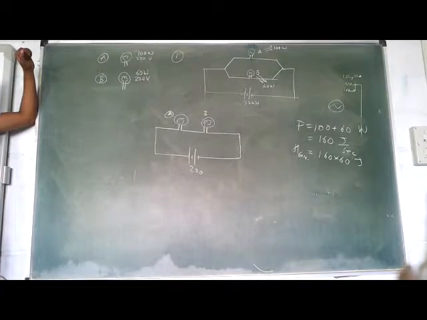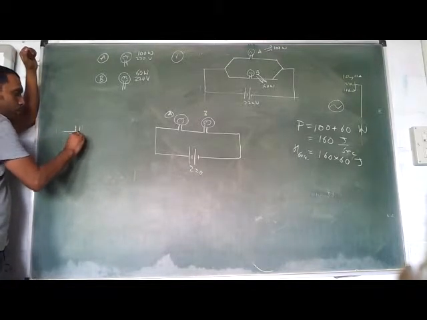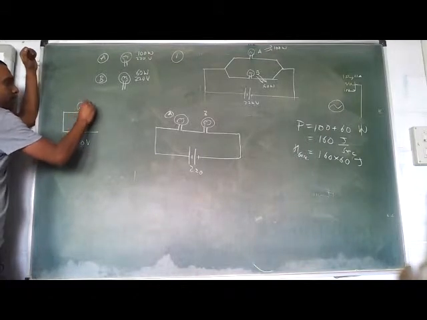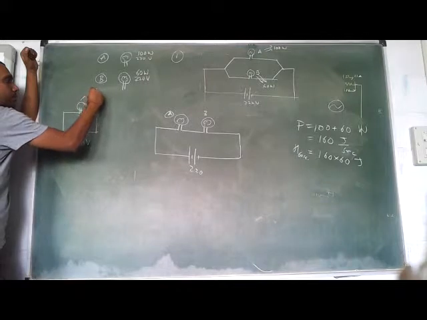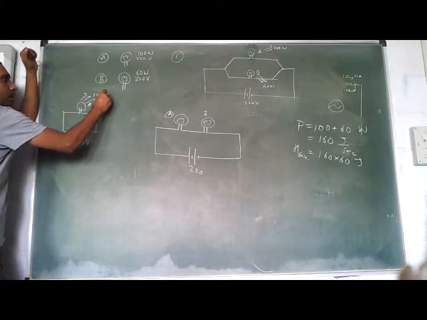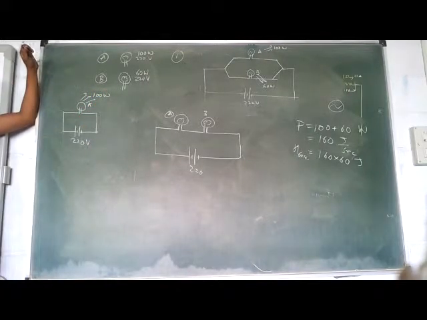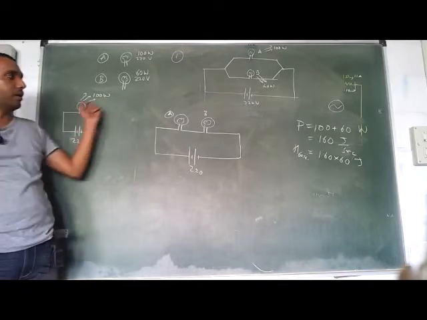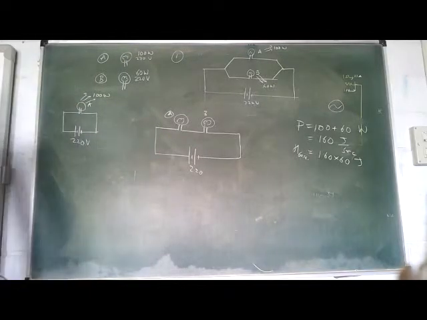What does it mean? That if you have a 220 volt supply and you put this bulb A, it will give out how much? 100 watts. That is the meaning, or not? Using these figures, I can find out the resistance of this bulb. Now once I found out the resistance of this bulb, whether I put the bulb in this circuit or not, the resistance is not going to change. Voltage may change, power may change, everything will change. But can the resistance of a bulb change?